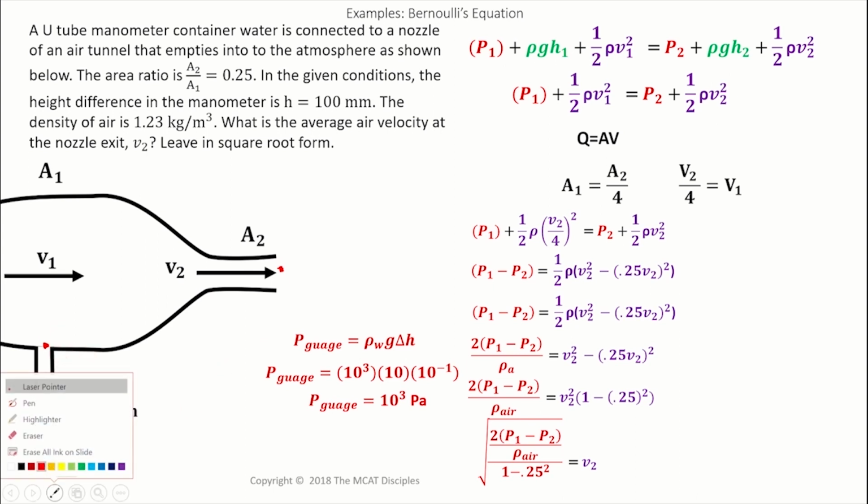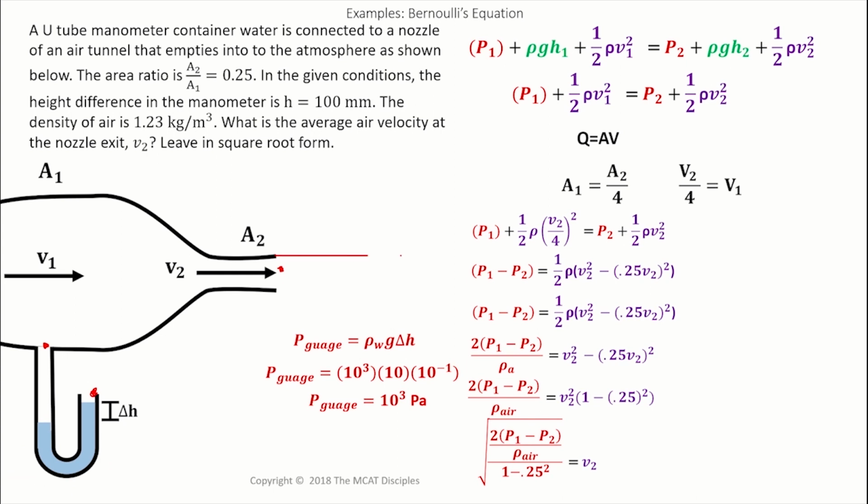But if the fluid is closed off and not open to the atmosphere, so the pipe just keeps going, you wouldn't have been able to do that because these pressures here would not have been equal. But with the manometer, you can determine what the pressure is here, and with the pitot tube, you can determine what the pressure is here, and then use that difference in pressure between those two to find that V2 velocity.